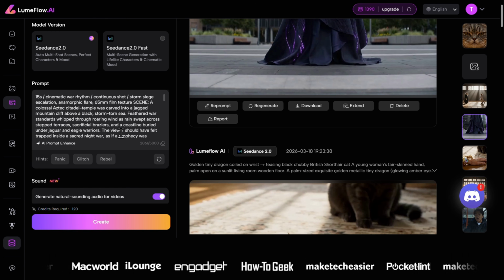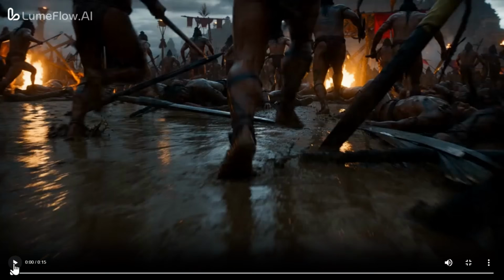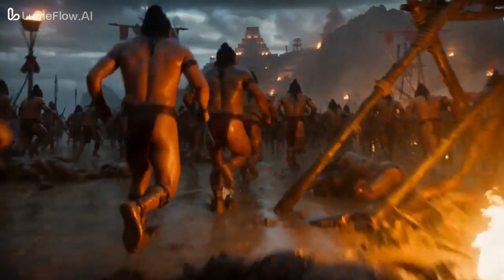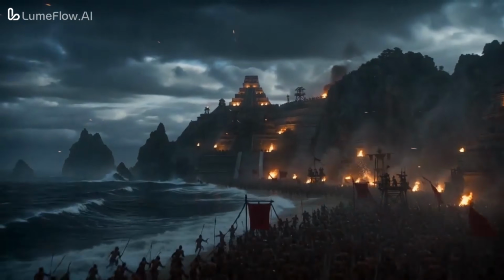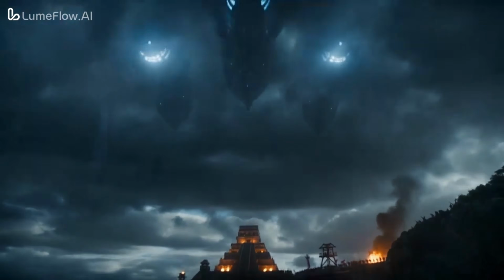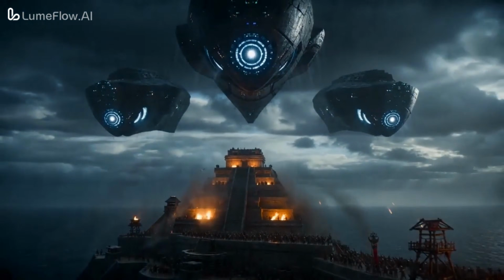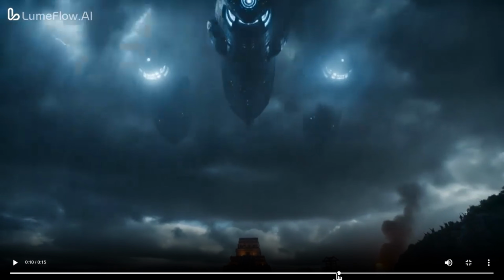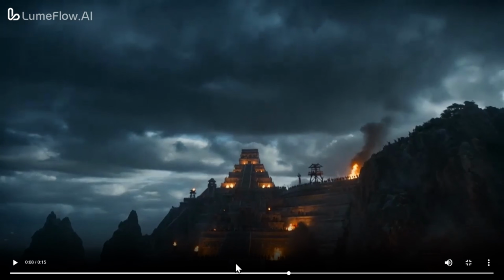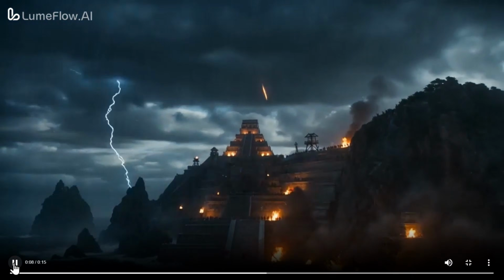Now a very complicated war battle prompt with almost 3000 characters, and you can insert up to 5000 characters here as a prompt, which is great. Here is the battle scene. I simply love how this spaceship appears here. And in the prompt I mentioned to be without cuts. So you see, there are no cuts. Continual transition and move of the camera.